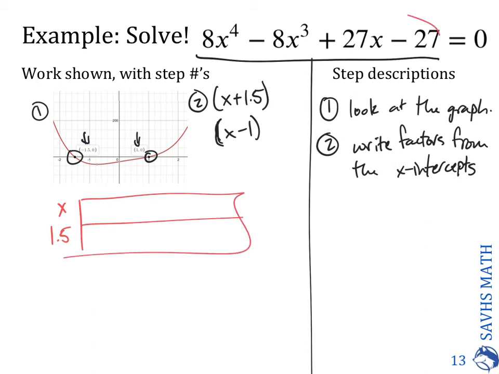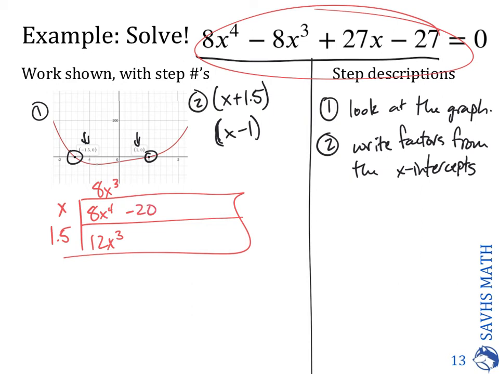Inside the box, I want to get all of this stuff. And so I'm going to have an 8x to the 4th here. So then I'll have 12x cubed. So then I need to take away 16x cubed. Just kidding, I lied. I need to take away 18. Nope, 20. Okay, so then I have negative 20x cubed. Just kidding, squareds. I don't want any x squared, so we'll get there, but minus,